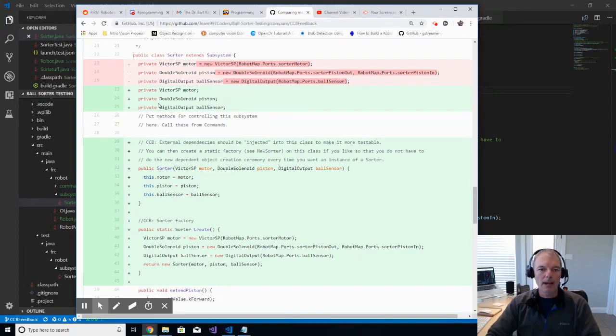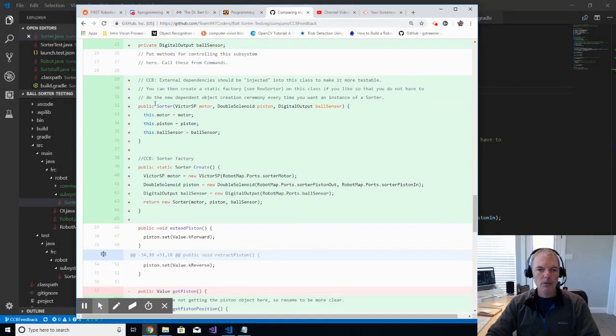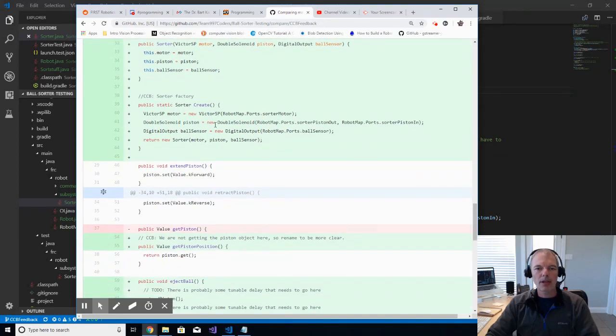So I suggested to just declare these instance variables without instantiating them, and then create a constructor that takes those pieces of hardware and then assigns them as such. And then, so that you don't have to do all of the ceremony of creating from the outside, if we're talking about having this put into a command or some other place, when you want to use the subsystem, since you don't want to have to do this ceremony all the time of creating these things,